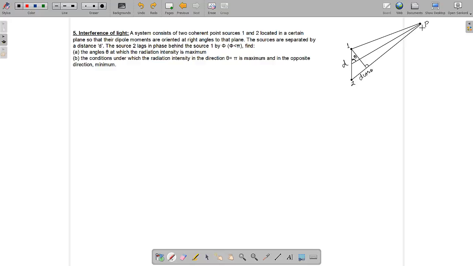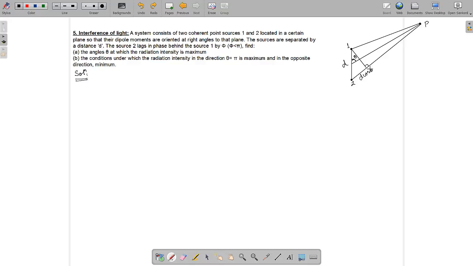Now, in reaching point P, the wave from source 2 has traveled a distance d cos theta more than the wave from point source 1. Thus, we can say the wave reaching point P lags due to this extra path covered. Now, coming to the solution,